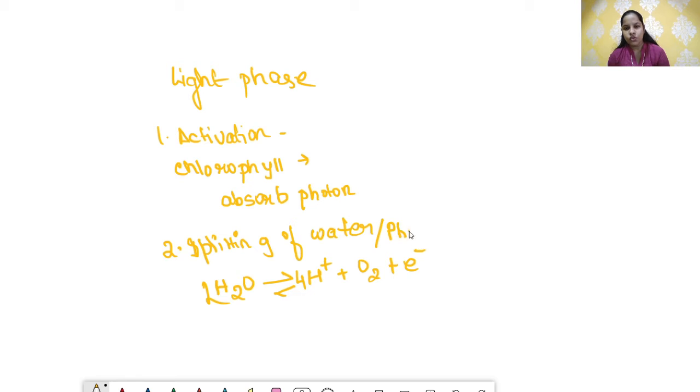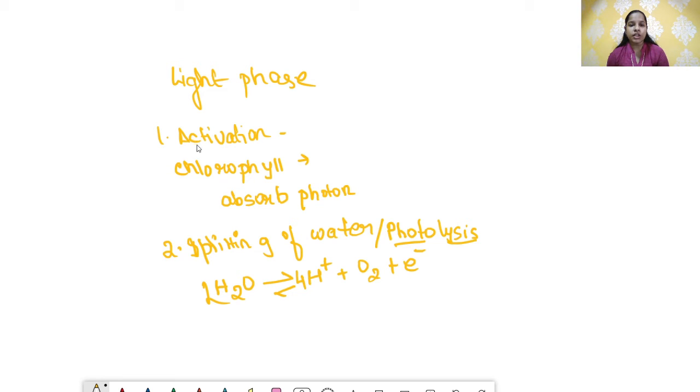photolysis. What does photolysis mean? Photo means light and lysis means to break down. That means the splitting of water, or the breakdown of water in the presence of light, is known as photolysis. Remember, in ICSE, you always get a 1 mark question to define what is photolysis. So the splitting of water in the presence of light is basically known as photolysis. This will be the answer for that question.